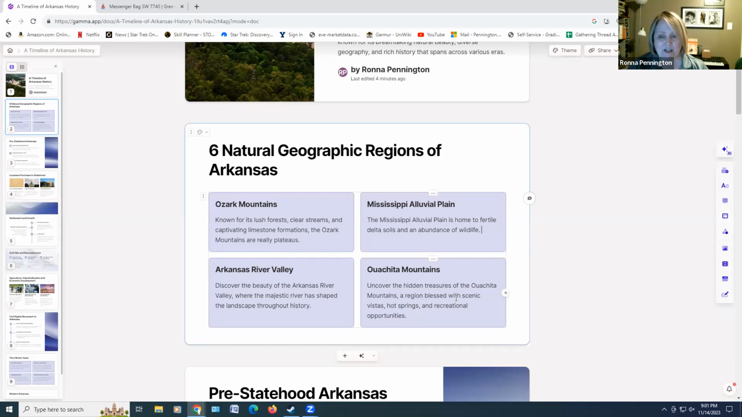The same thing here. "Uncover the hidden treasures." No, you don't do that. You take that information out. And then you've got to add the other 2. Another part of this part of the assignment is to feature